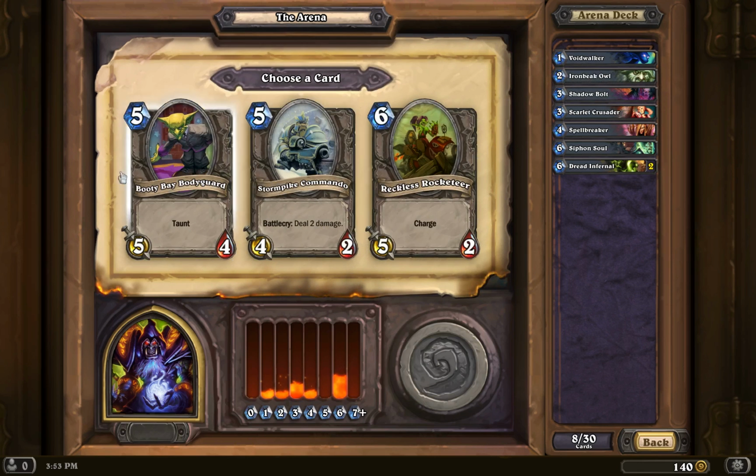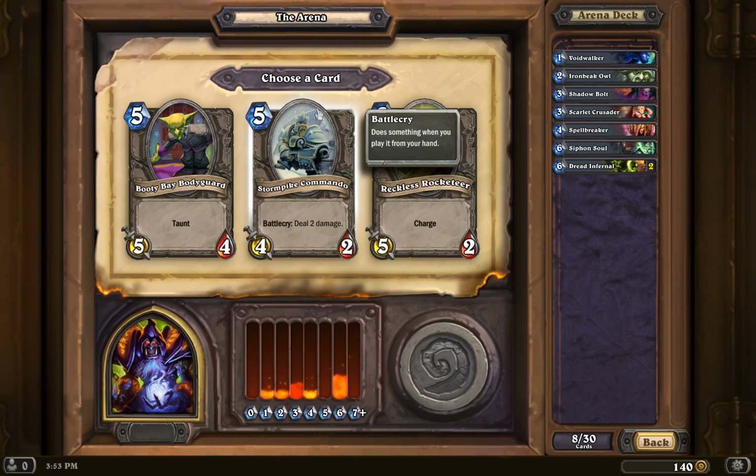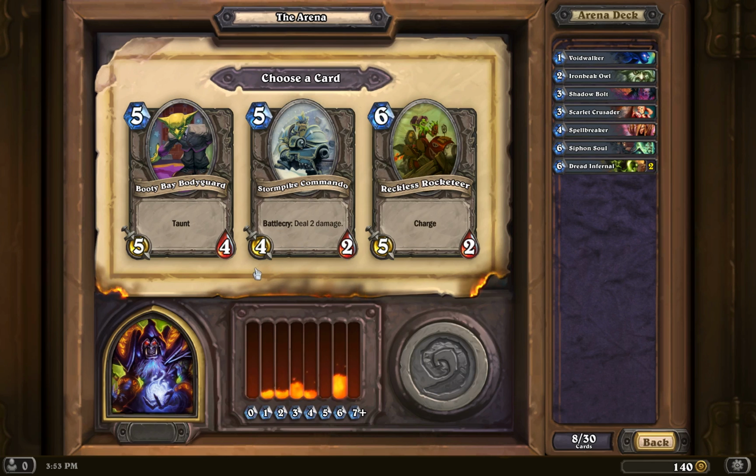So here are 2 pretty good 5-drops. This guy, when I first saw him, I thought he would be pretty good. Now I think he's not so great. If he were a 4/3, I would say he'd be quite good. It's just that 2 means that his body just gets eaten all the time. Same's true with the Reckless Rocketeer, so...